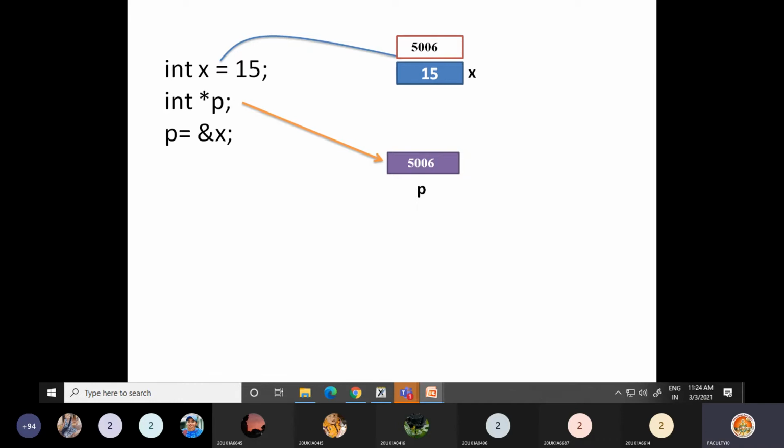When 5006 is stored in p, we say that p is pointing to x. Now p is a pointer to x, or x is pointed to by p. So once you store the address of x, this is what happens internally: p is now pointing to x.